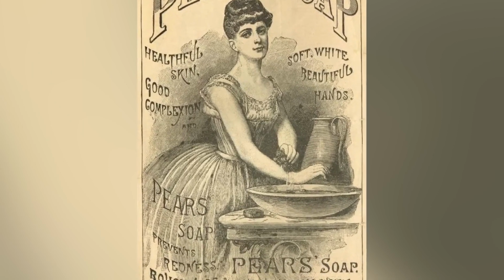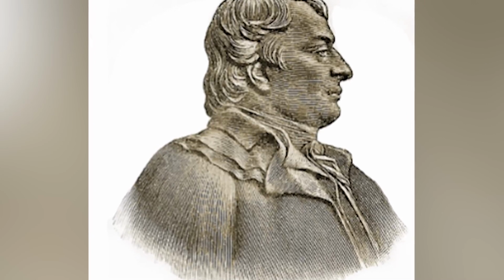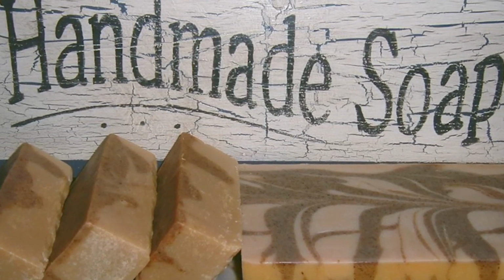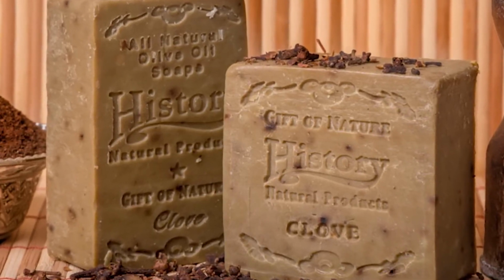When a French chemist, Nicolas Leblanc, patented a system for making soda ash from salt, which was then added with animal fat, and there you have it. The slippery bar we're all used to today. The discovery made soap making one of America's fastest growing industries in 1850, and it seemed from then on in it was only up. It's crazy to think that someone at this time, even after soap was invented, was still spit-shining surgical instruments to be clean. That's pretty...